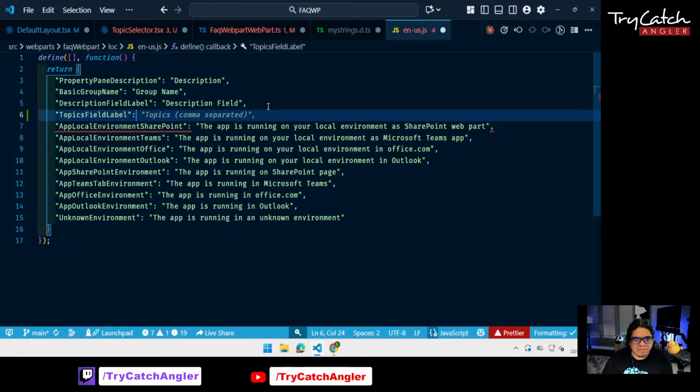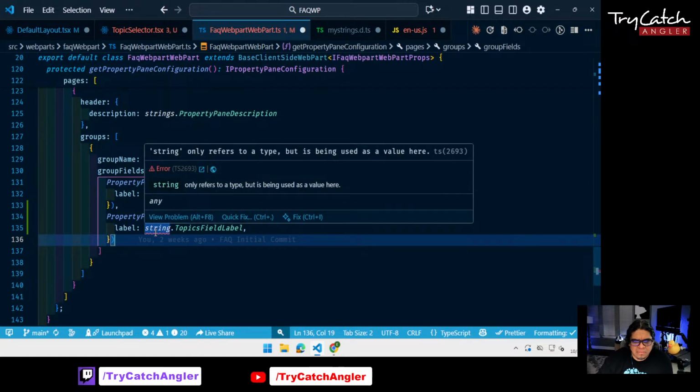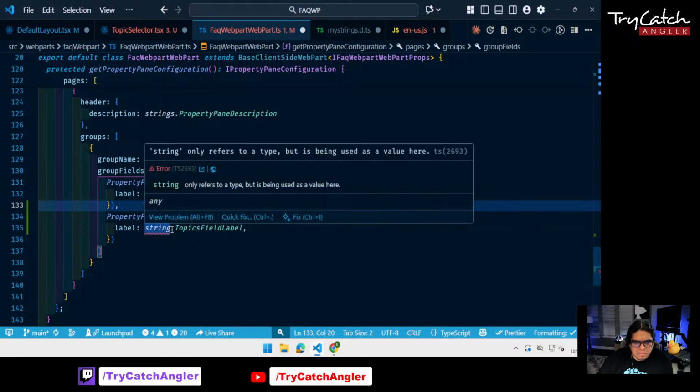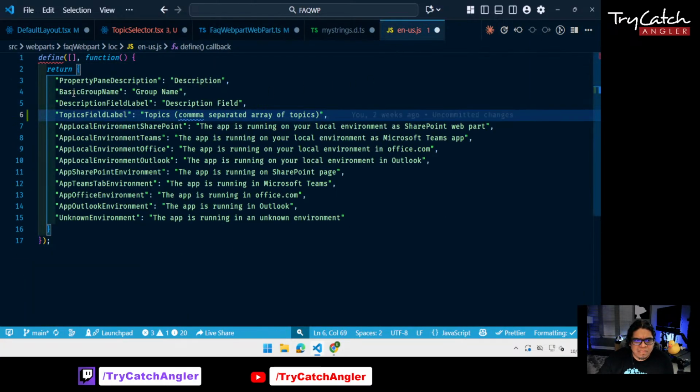Topics field label, topics, comma separated array of topics. All right, so we have our topics field label, and... oh, strings. There we go. That's what the arrow is coming from. All right, so we have our topics field label, and then